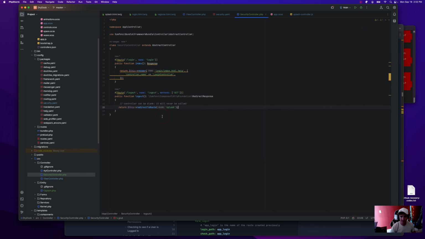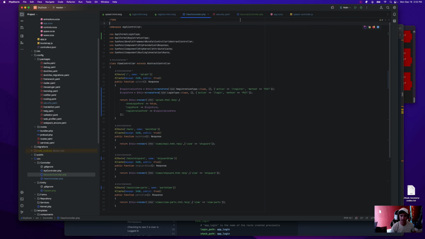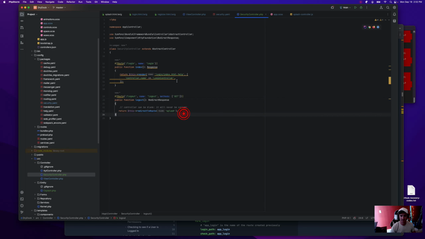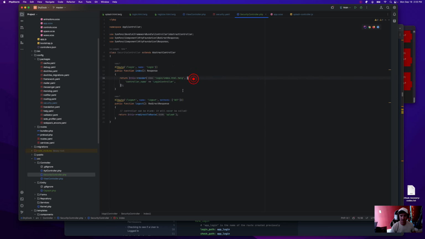Oh, because I used the wrong abstract controller. No, that's right. Yeah, okay, cool. There we go. Alright, so this login route is going to now get hit.